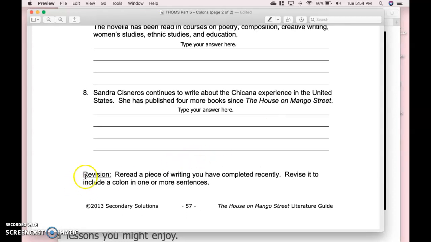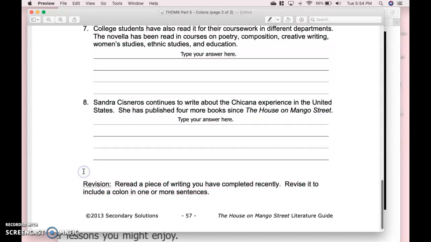At the bottom of the handout, it gives instructions that says revision. Reread a piece of writing you have completed recently. Revise it to include a colon in one or more sentences. We are no longer going to do this portion of the worksheet. Originally, we were going to do it with your writing folders in class. However, because we're no longer in class and we're sitting in our bedrooms, in our living rooms, on our front porch, wherever you are, we're going to go ahead and skip this activity. So go ahead and ignore that. You are simply just going to rewrite the